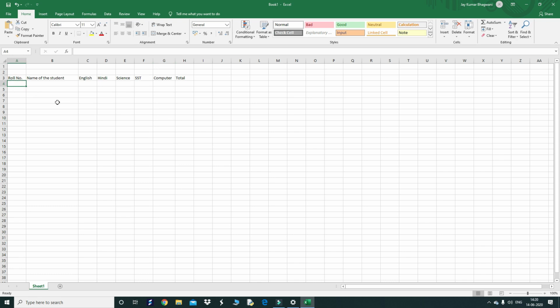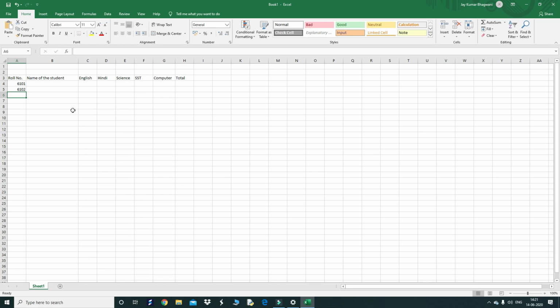Now, next thing we will learn here is generating the series. Suppose the first roll number I am giving here is 6101. Press enter. Then next roll number 6102. We have to enter only the first two values.